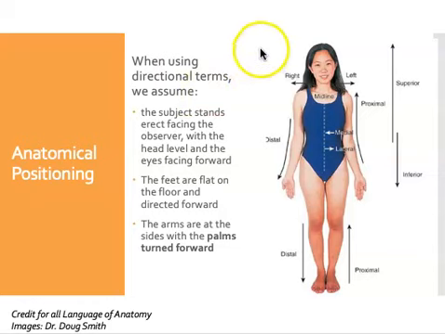That means that the subject's left side is going to be to the observer's right side, and the subject's right side is going to be toward the observer's left side. The feet are flat on the floor, and the toes will be directed forward. The arms are going to be down at the sides, straight, and the palms of the hands are going to